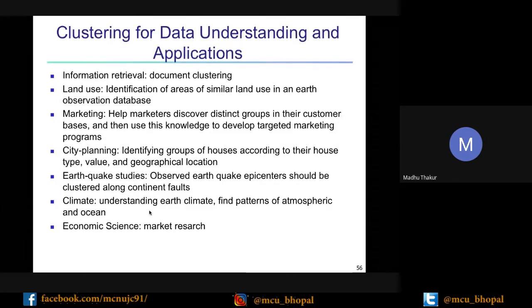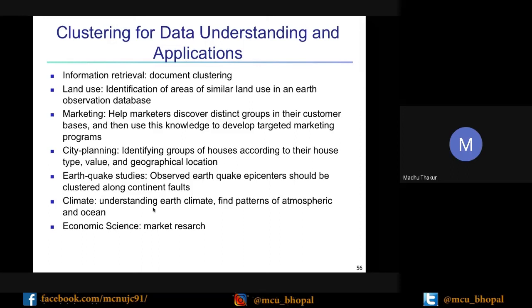So these are the applications of clustering. In information retrieval, document clustering: based on the characteristics of documents, you can make clusters of the documents. Land use: you can use it to identify areas of similar land on the earth. You can do marketing also, discovering distinct groups in customer bases.